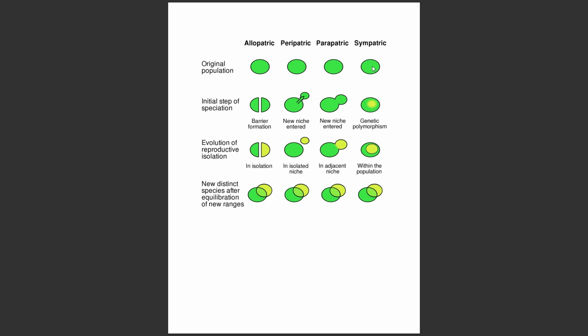The final and least isolated of all of the speciation methods is called sympatric speciation. These occur in the exact same area. And there's usually some sort of difference that spurs two different parts of this population to not mate with each other. For example, it could be something like polyploidy, or a different number of chromosomes, which would make mating incompatible. An example of this, not of polyploidy, but of sympatric speciation, would be the apple maggot, which started to speciate